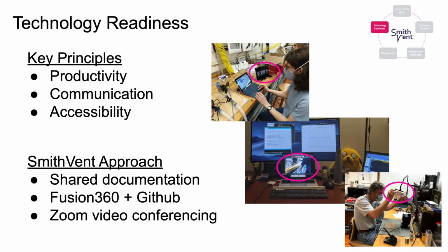Technology readiness represents a group's use of tools to support productivity and communication while ensuring accessibility for all team members. The SmithVent team harnessed Google Drive as a space to store and collaborate on documentation. For software-related work, we used cloud-based modeling and programming platforms so that multiple team members in different locations could work in parallel. We frequently held Zoom meetings to design and build the ventilator, taking advantage of remote experts and local